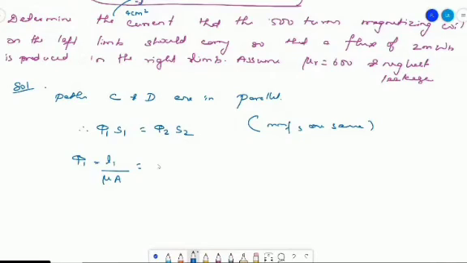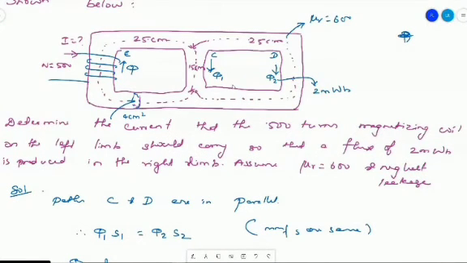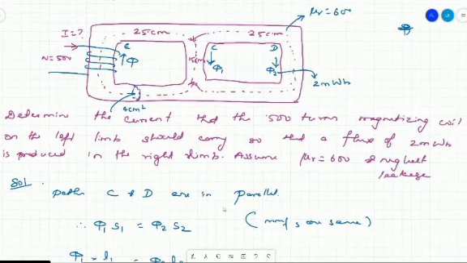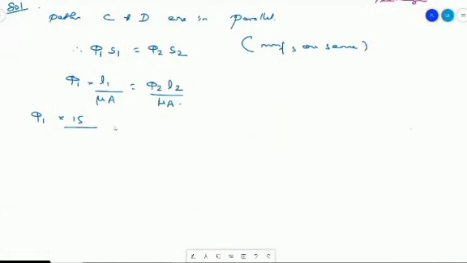So it is phi 1 into 15. It is given. This is given to be 15 centimeter. Okay, and again this is given to be 25 centimeter. Okay, so this is for the flux phi 2 to flow, and this is for the flux phi 1 to flow. So this is the length 15 centimeter, and this length is 25 centimeter. So it is 15. Both sides centimeter. Don't have to convert it into meter. It gets cancelled.